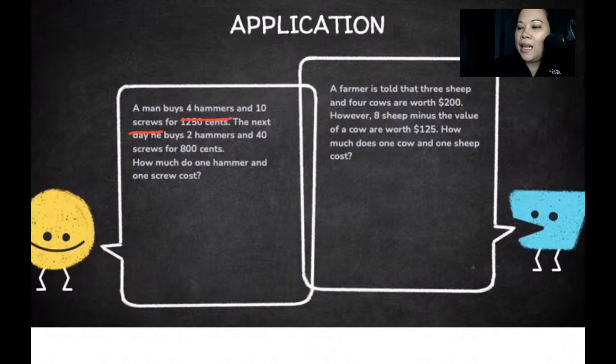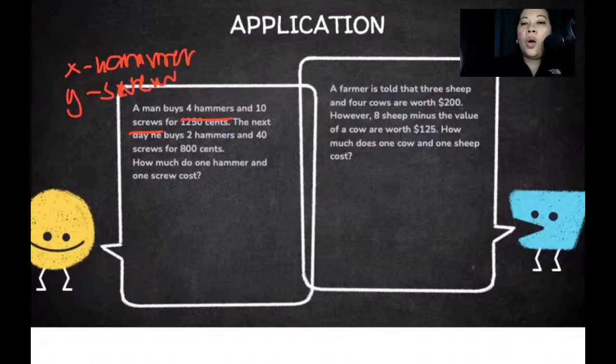So let's say, let our x be our hammer, and then our y will be our screw. So for this case, it's always one after the other. So a man buys 4 hammers and 10 screws for 1,250. Now that means that your value,